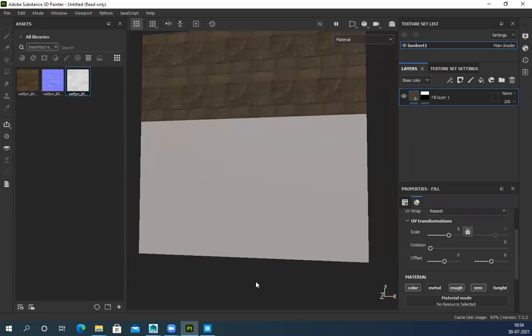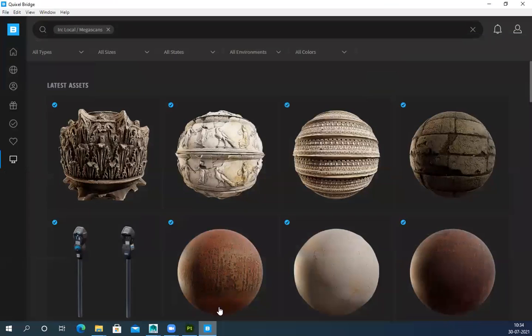Now I need another texture for this select design. So suppose I want to use this one. Go to file.